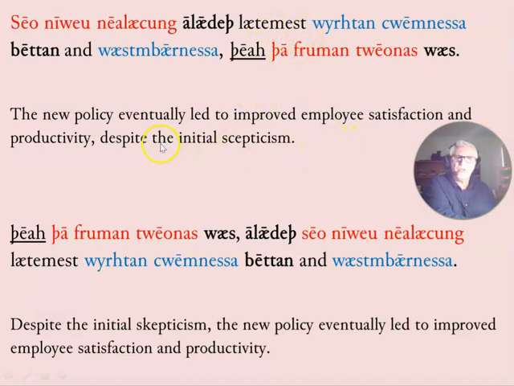Well, if in modern English you use the demonstrative tha, that's probably an indication that it's that noun you want to use. And so you would in Old English do the same as well. It's generally a guide. If you're using a demonstrative in modern English, you're going to use that in Old English as well. So in this case, the new policy,